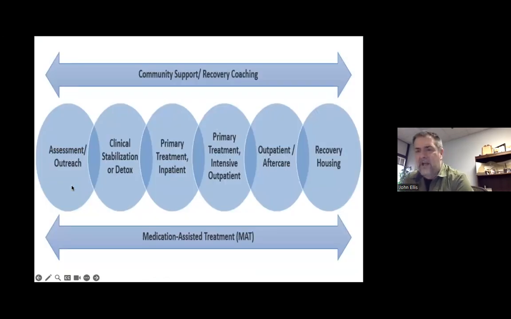But if we look at that NIDA study that says 50% of people drop out, and it's based on level of care, that means that if 100 people are going into detox, 50% don't complete it. Then 50 go into primary treatment, we'll say residential, and 50% don't complete it. So now we're down to 25. Now 25 go into outpatient aftercare, and if only 50% complete it, now we're down to 12. So from 100 coming in the front door, we only have 12 coming out the back door, and in a way, we are hemorrhaging clients.